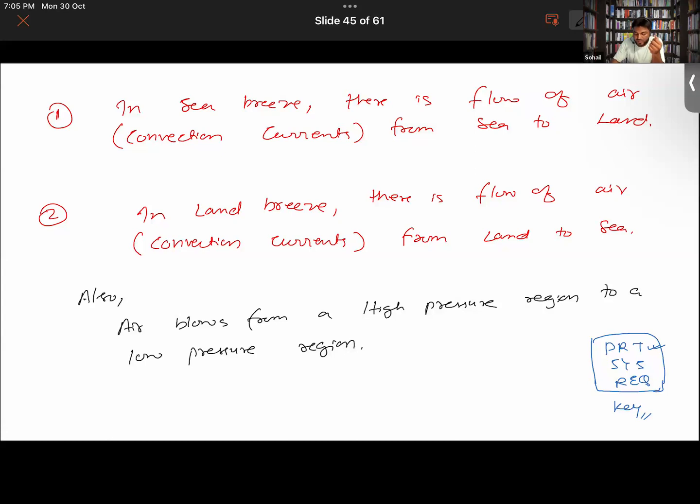Suppose I were to give you guys options. Suppose I were to provide you with a laboratory thermometer, a clinical thermometer, and then a digital thermometer. Out of these thermometers, in which thermometer will you find a kink? Sir, in the clinical thermometer. Okay. What about you, Tehseen?